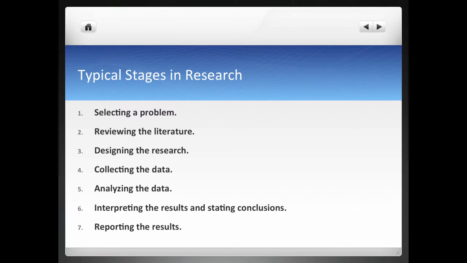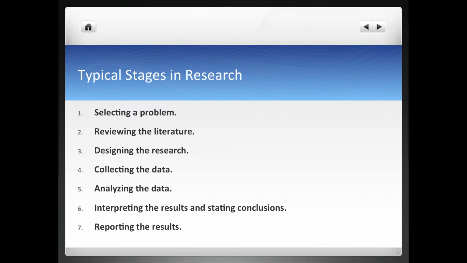So anyway, what I'm trying to do here is not only introduce you to the lingo of research. And today, as you can see here, we're going to look at the stages of research. I'm trying to give you examples of research that have been done in the education field. Now, some of these are mathematics related, and some intentionally aren't, because I want you thinking more broadly and to see research that's gone on in other fields that you may use to apply for your master's thesis. So, guys, typical stages, there's 7.